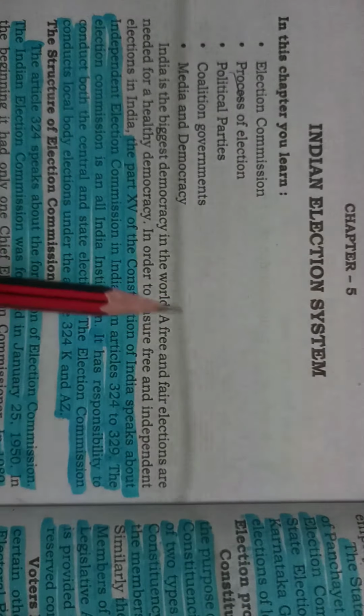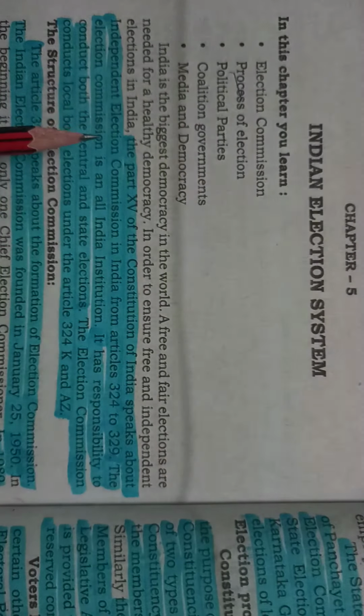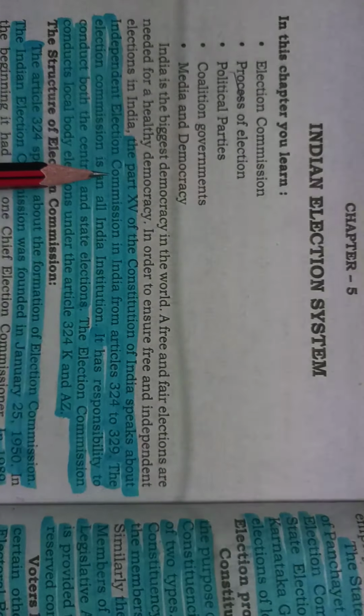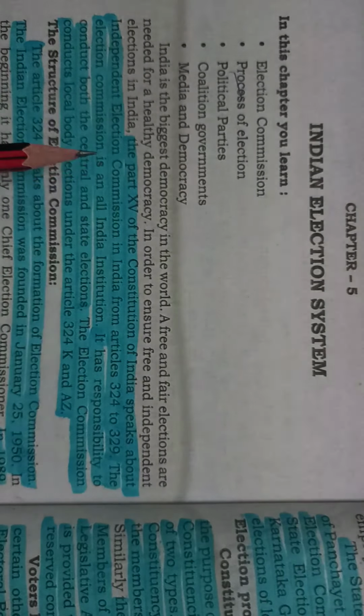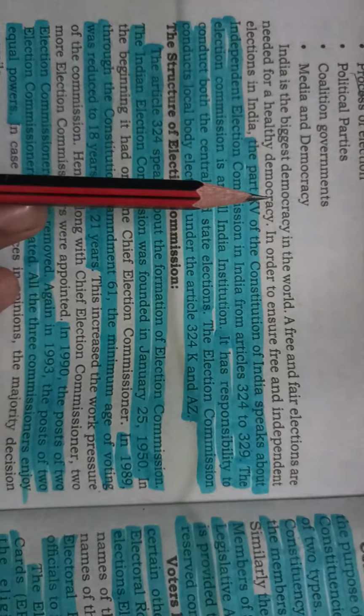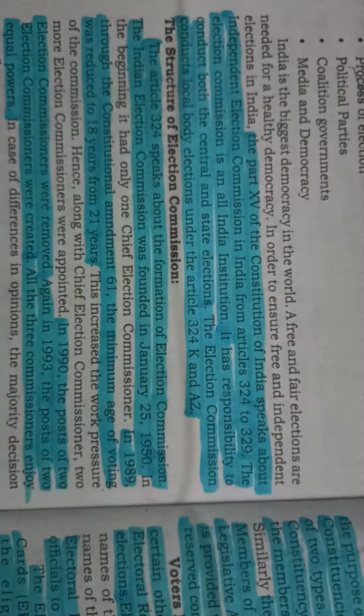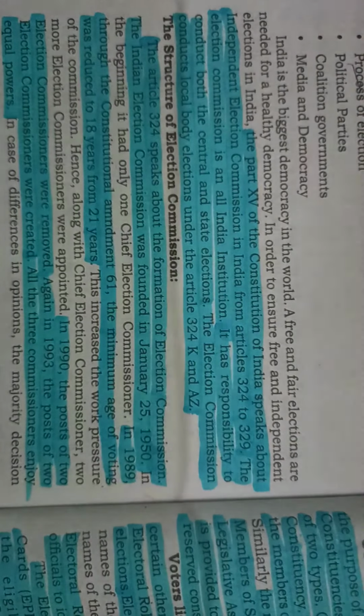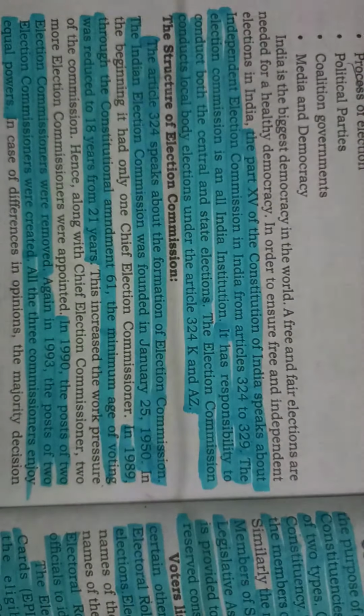Indian election system. So we all know, children, that India is the biggest democracy in the world with the largest population. America is also a democracy, but its population is less than India. So in a democracy, free and fair elections are very important. So for that purpose,